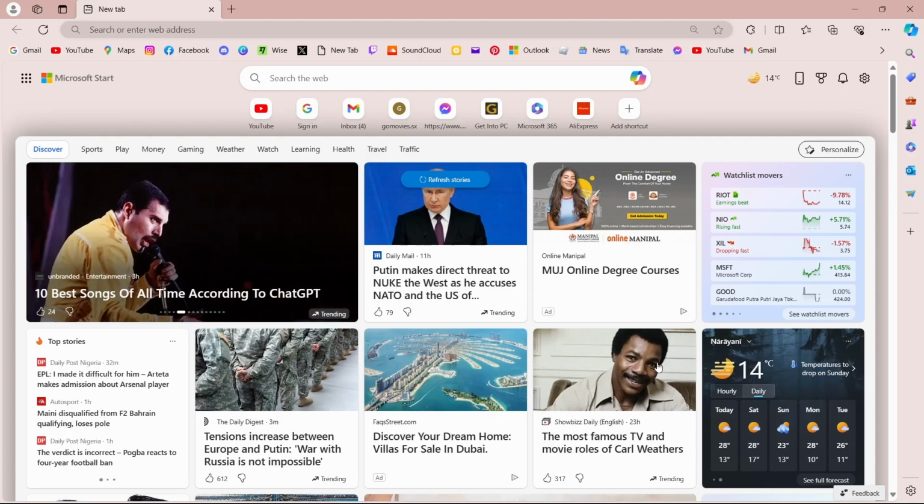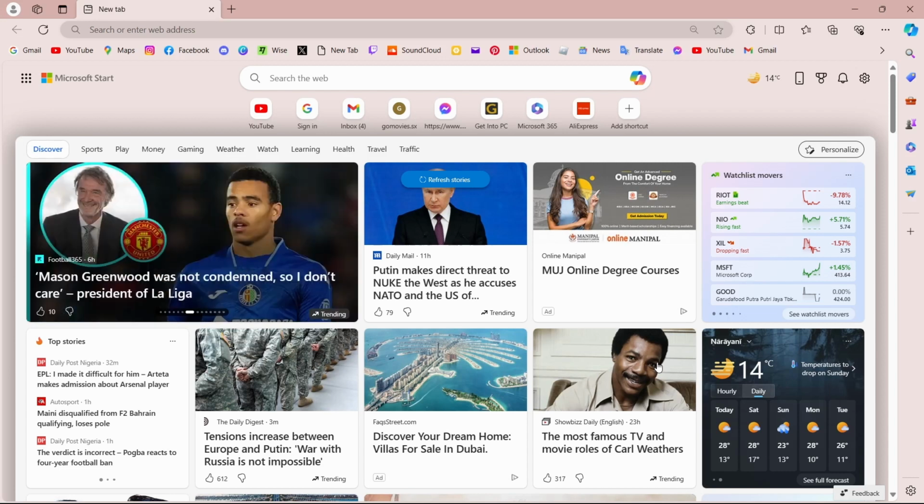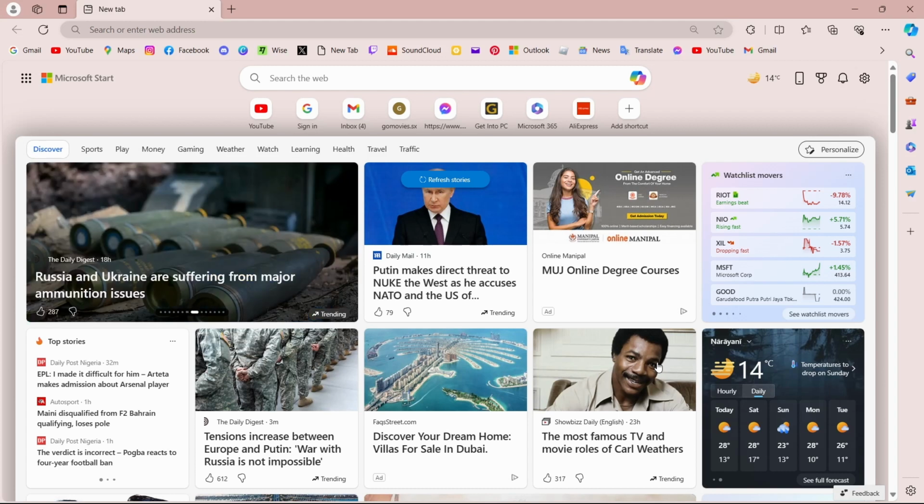Today we are going to learn how to sign in to your Microsoft account. Let's get started. To do that, you have to open up a browser. You can select any browser you like. I'm using Microsoft Edge. After opening up your browser, in the search bar you can search for